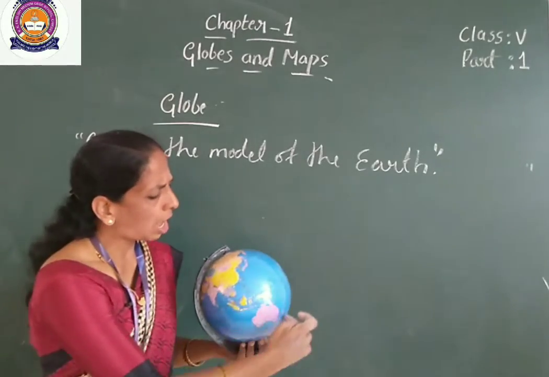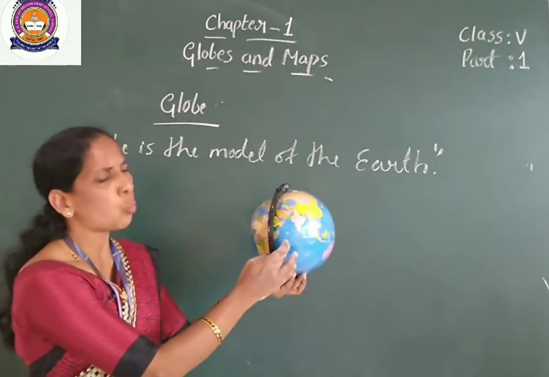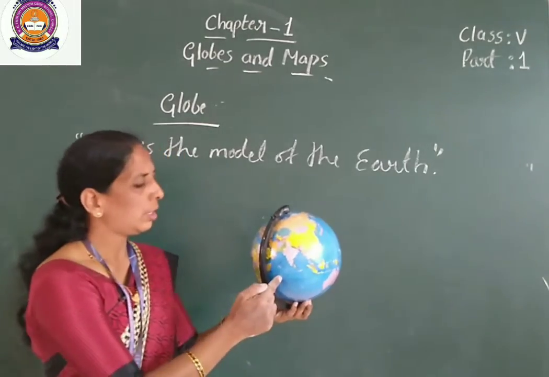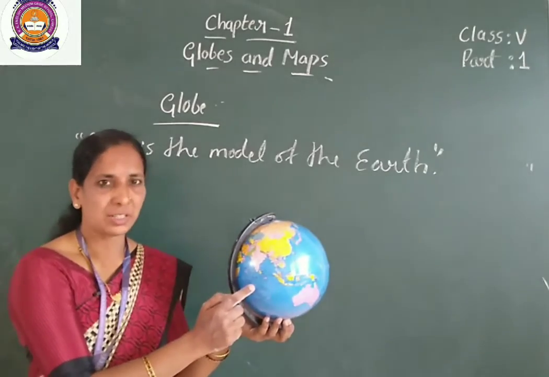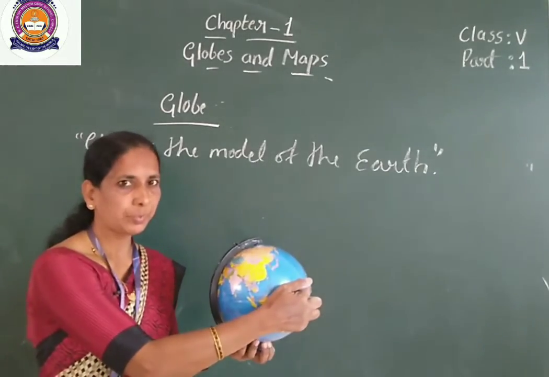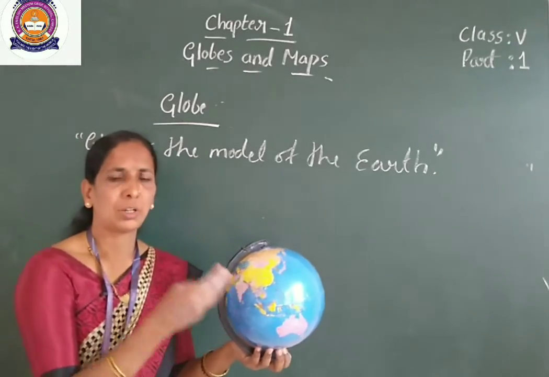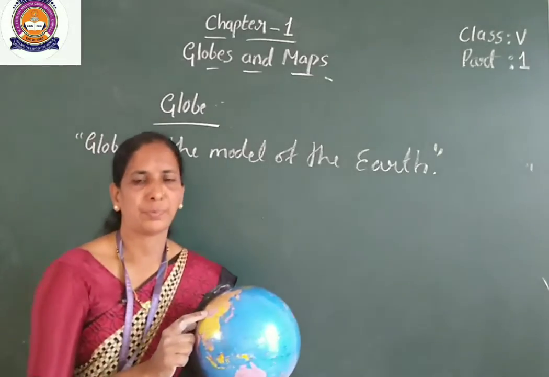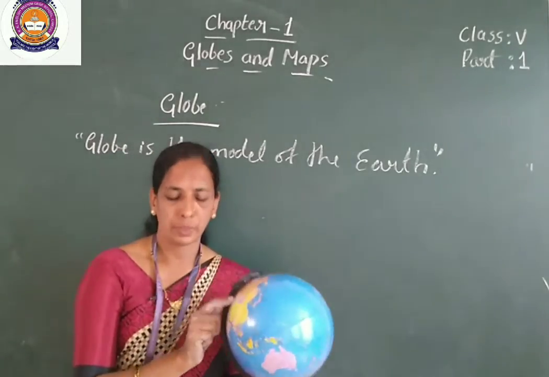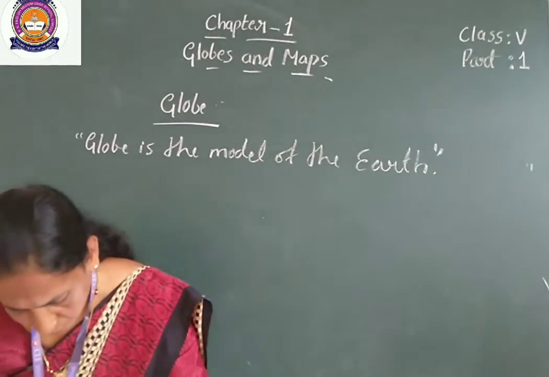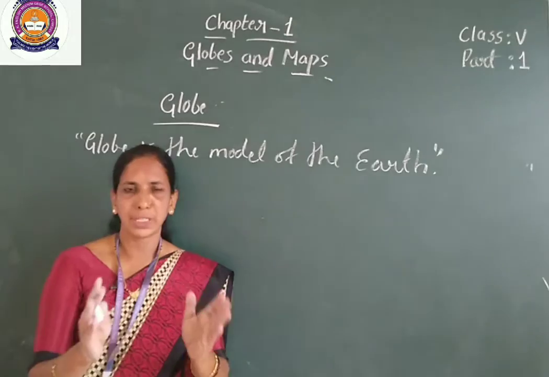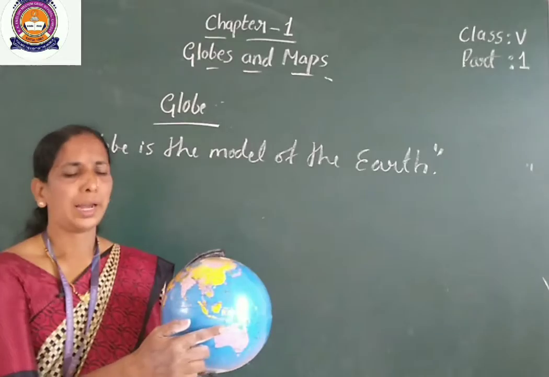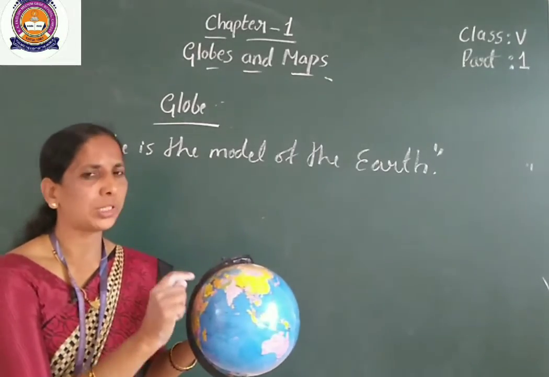And we are seeing a large part of the globe in blue color. These are the oceans, meaning the water bodies, for example rivers, seas, oceans, mentioned in blue. So it is the globe. See here, all water bodies are mentioned in which color on the globe? Blue in color.